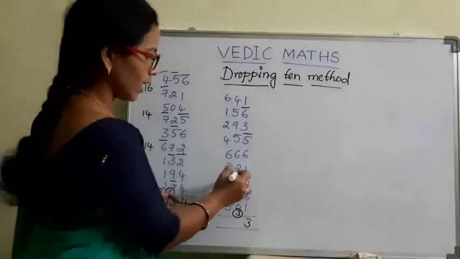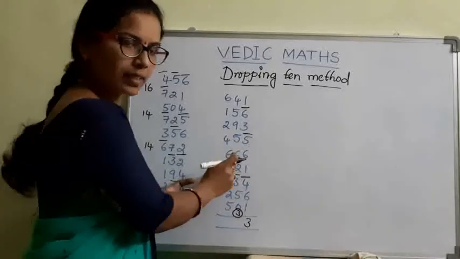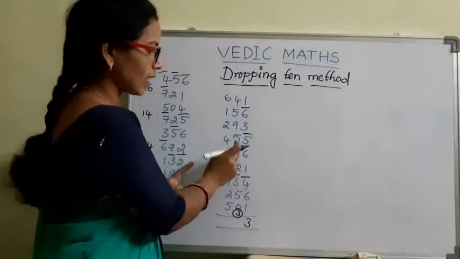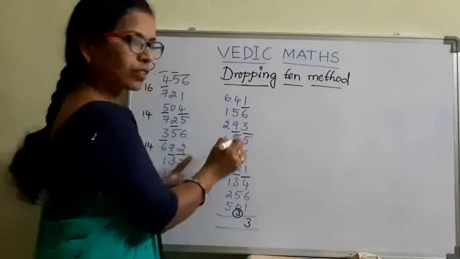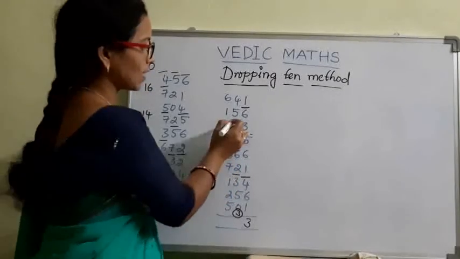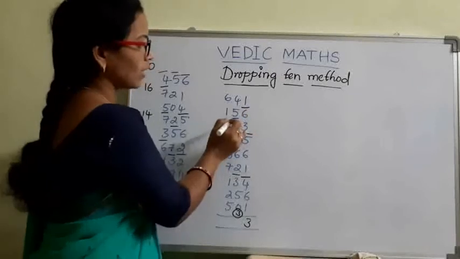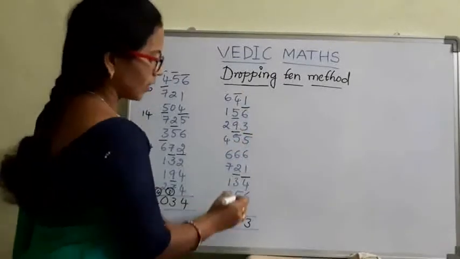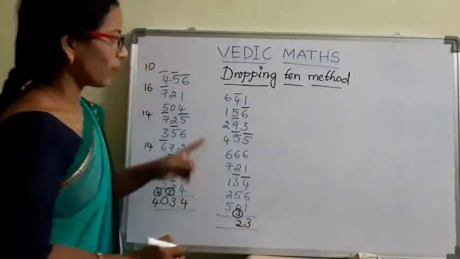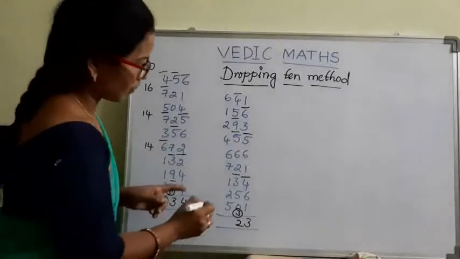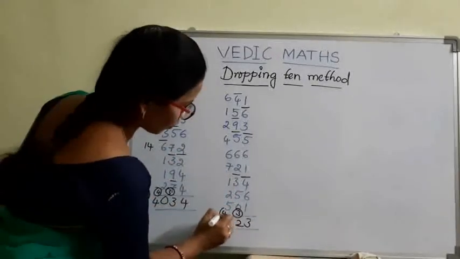8 plus 5, 3, 11. 1 to the next number, 1 plus 2, 3, 3 plus 6, 9, 9 plus 5, 14, 4 to the next number, 4 plus 9, 13, 3 plus 5, 8, 8 plus 4, 12. Carry 2 here, write 2 down. Next, yes, number of lines, 4, means carry 4 to the next number.